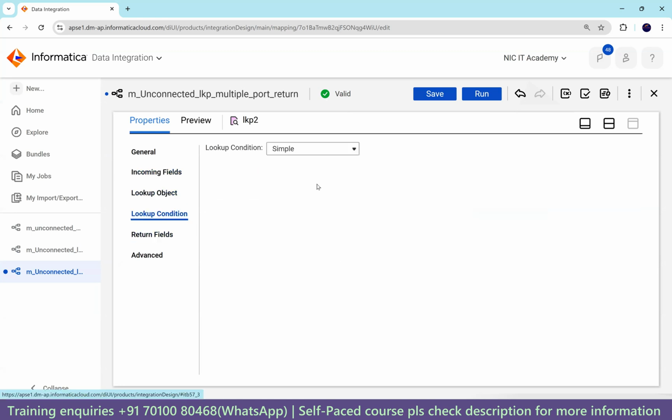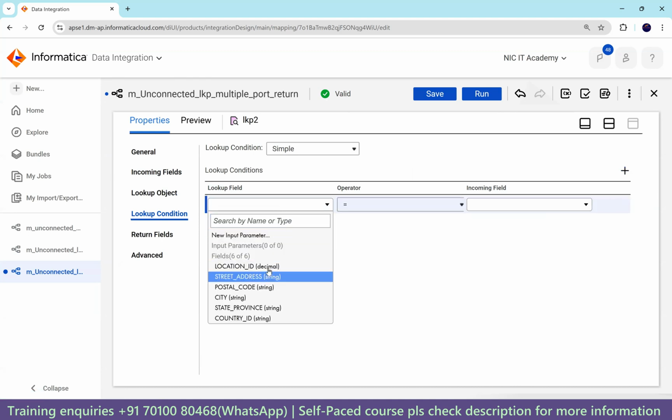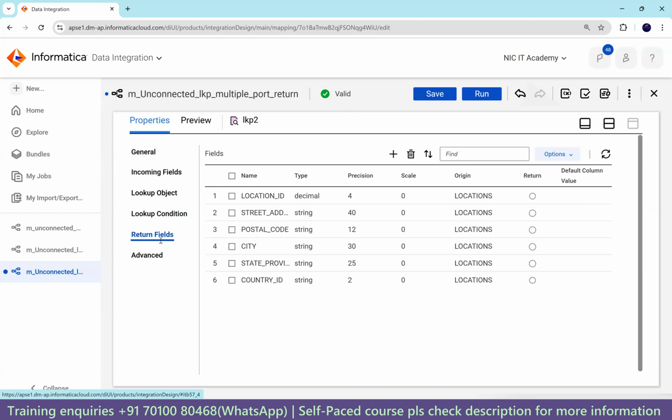Location object. Lookup condition is, sorry, we have to take one column. Go to lookup condition: location ID equal to location ID, because we are joining based on the location ID we are looking up. Return field, location ID will join. We will take any one column. The remaining columns you can remove,